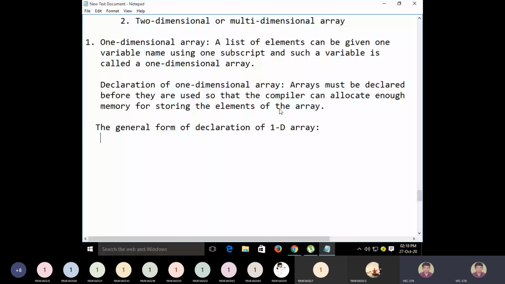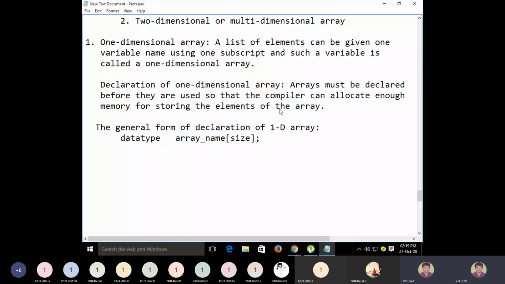The array declaration should start with the data type, what type of data you are going to store, followed by the array name, give some name like any other variable name. Specify the name of the array, and then within the square brackets give the size of the array.